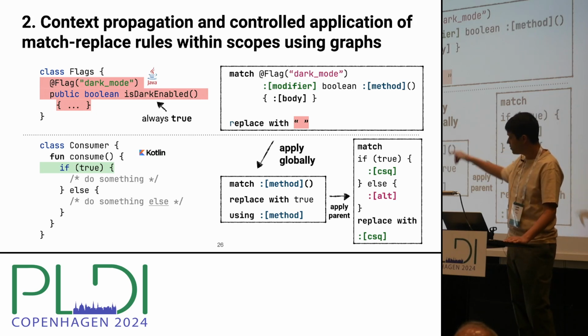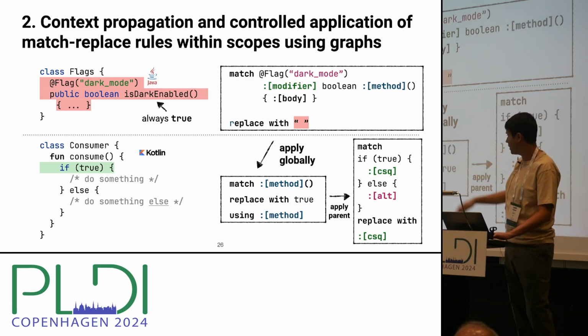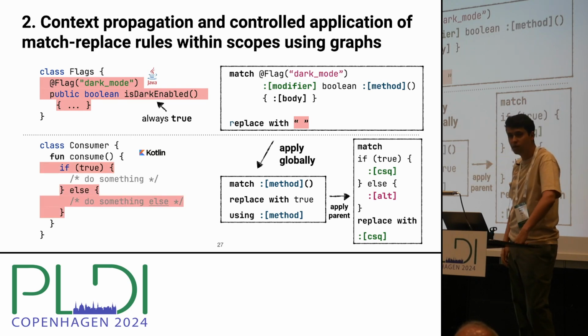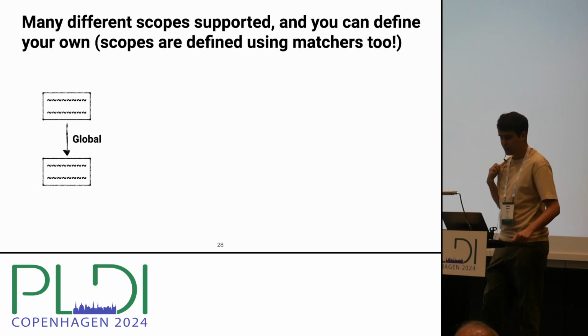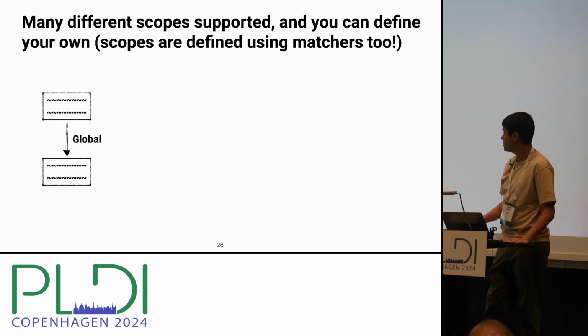So you see there, if true, we can just replace everything with whatever is inside the truth block. So everything else is deleted. And so the idea in Piranha is that you can basically chain these match-replace rules using